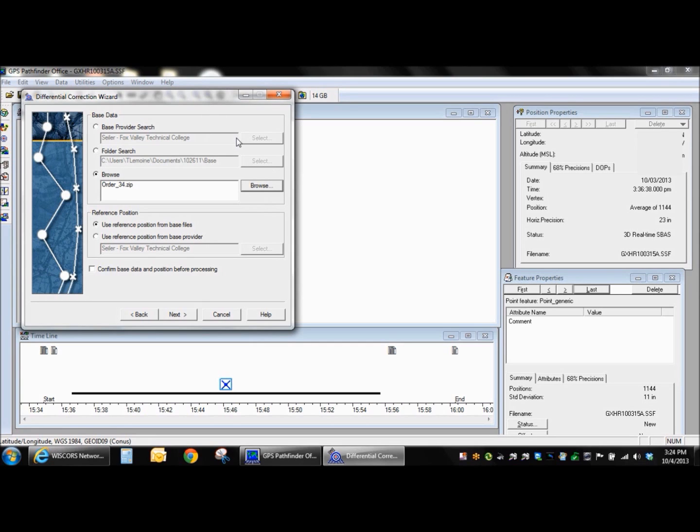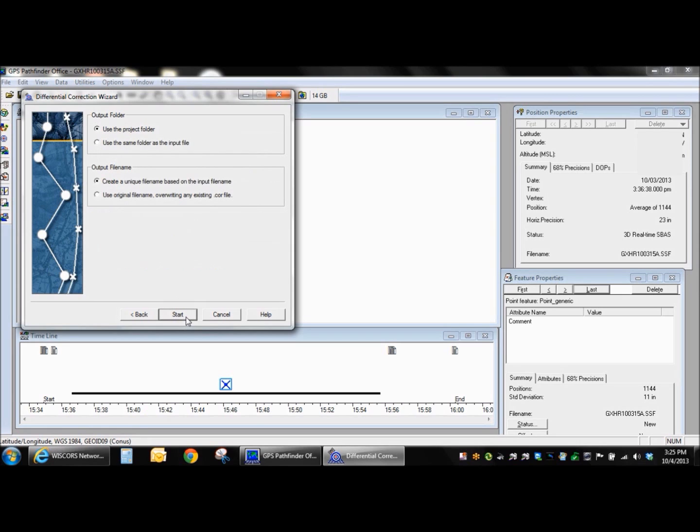The Trimble software, for standardization's sake, likes the ITRF 2000 EPOCH 97 if you are going to use the reference position from a base provider. But in this case, we're going to adopt the datum of the reference station, which is NAD 83 2011, and there's more information published by WISCORS on that. So I'm going to go ahead and click next here, and I'm going to accept my defaults and push start,